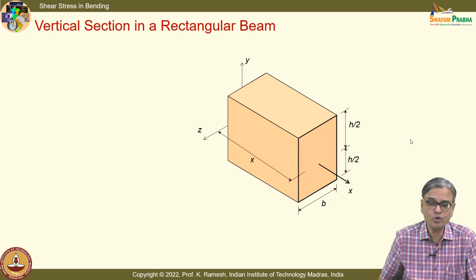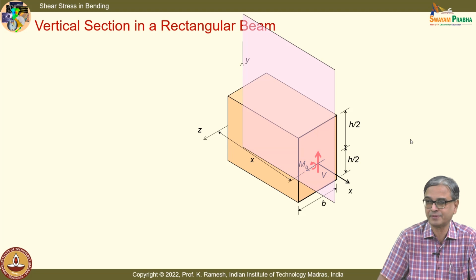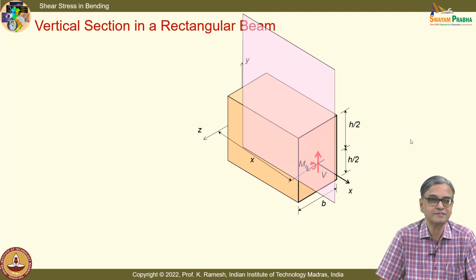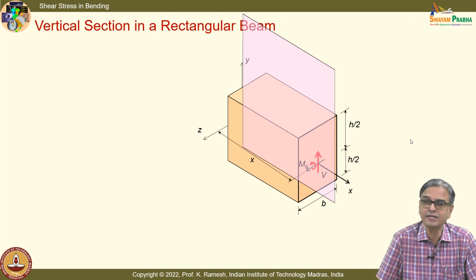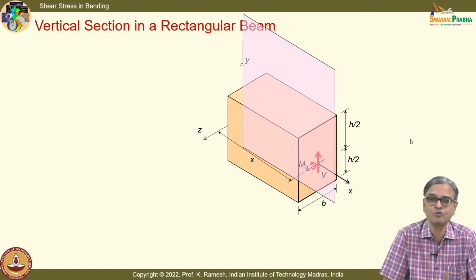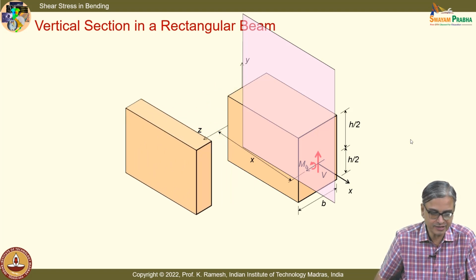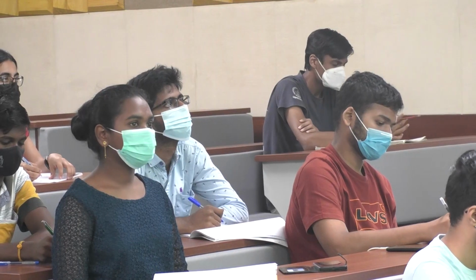Then I gave you a homework. Why not I make a vertical cut? Instead of horizontal cut, let me have a vertical cut and separate out the beam. Let us see when I take the free body and list out what all quantities that act on it, we will get an idea how to handle it. So, I have the cut portion taken out. Is the idea clear? I have asked you to cut like this,